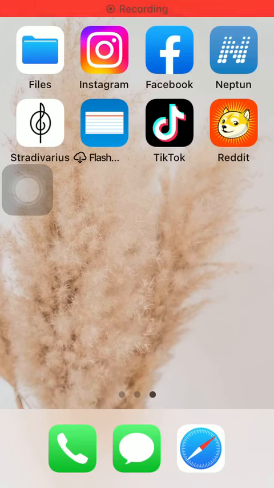Hello guys, in this video I am going to show you how to change your password on the Reddit application,